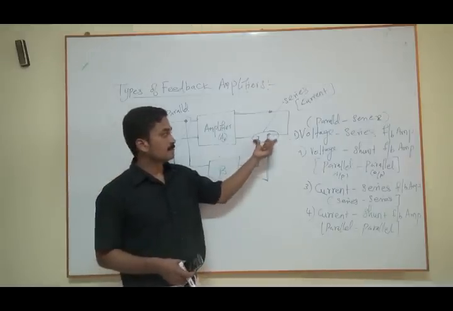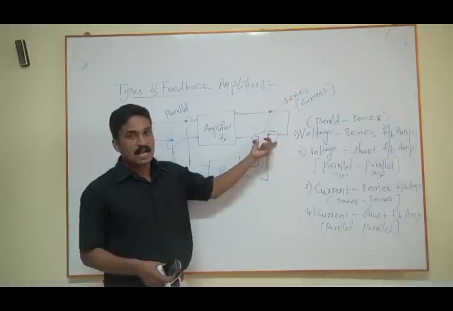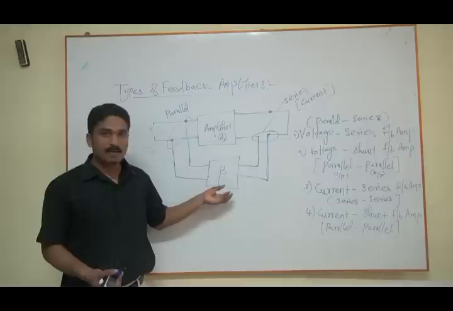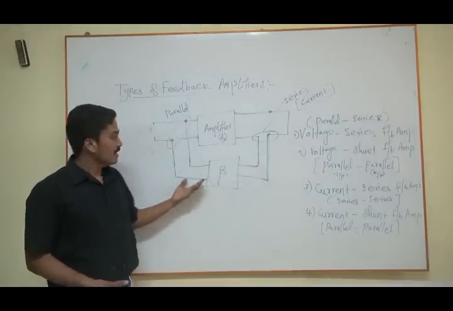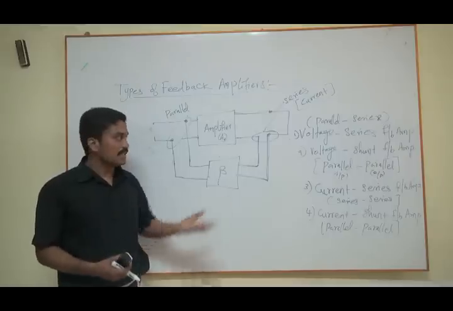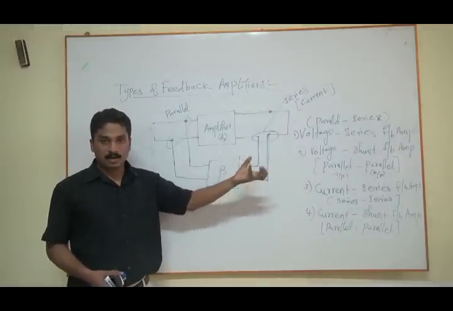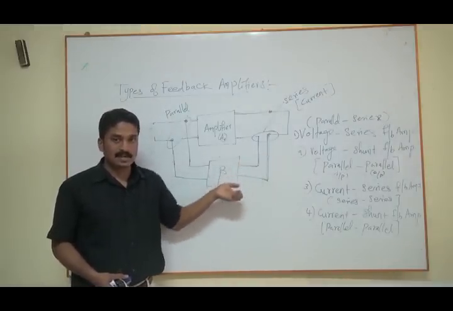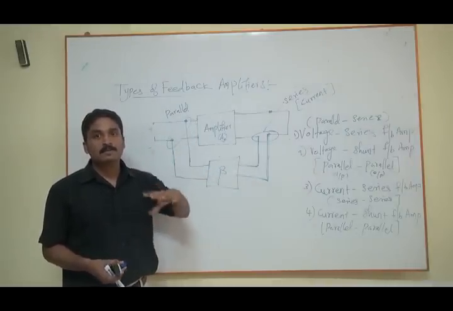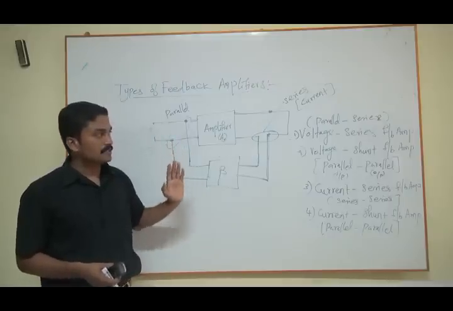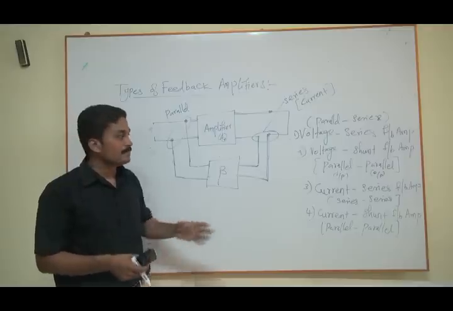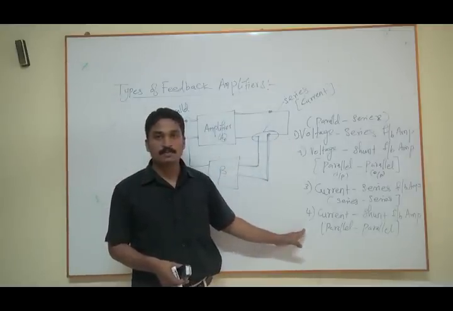Similarly, if I take a series connection at the output side and I connect that with series, then that draws current. I mean, current is your feedback signal, and the input side makes some changes on the voltage. And similarly, if I take a series connection at the output, it draws the current, and I connect that in parallel, that makes some effects on the input side current. So by using the feedback signal and the changes at the input side, we can classify the feedback amplifiers into 4 types, right?